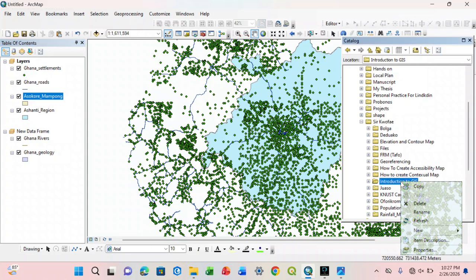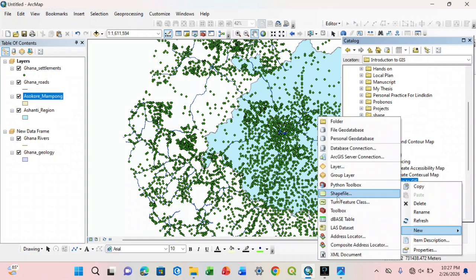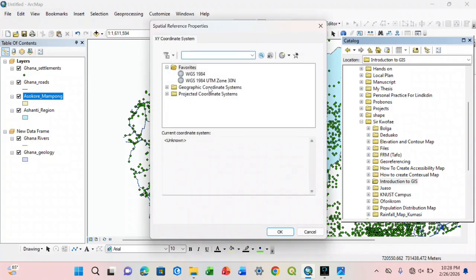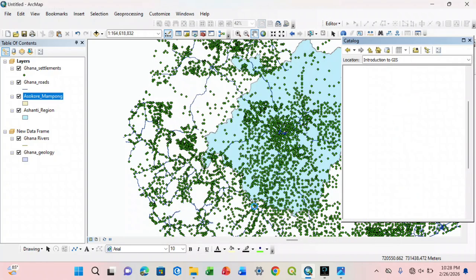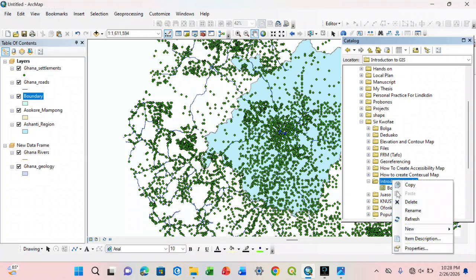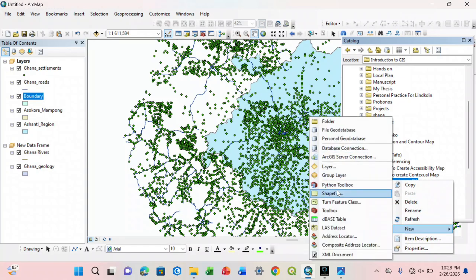To create a shapefile, you right click on the folder, then you go to shapefile. Then let's say you create boundary. You come here, then you choose polygon, because a boundary cannot be a line, it can't be a point. You come to edit. I won't do any calculation, then I choose this one. Okay, you see, I have created this. You get it? You can right click again, new, shapefile,